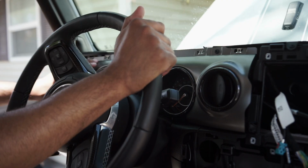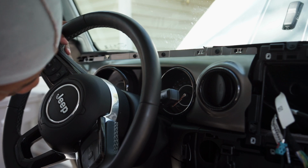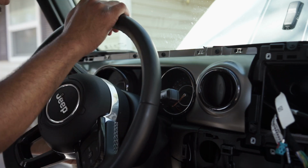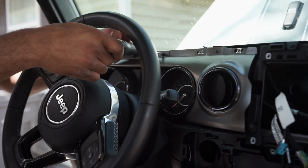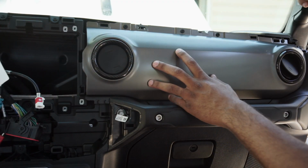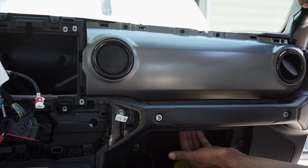Alright, and to get this panel off, just more Phillips screws, 1, 2, 3, 4 across the top, and then it just pops out as well with clips at the bottom. So let me get that out, move the steering wheel out of the way. On this side is a little different. You still got the 4 up at the top, but under here in the glove box,